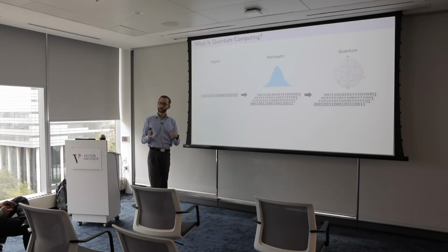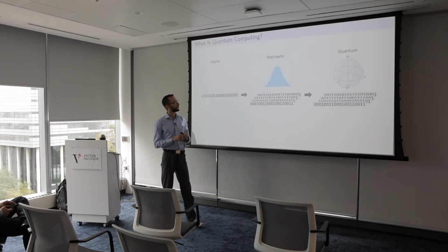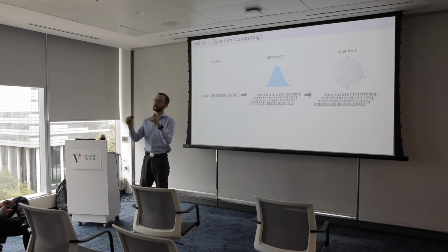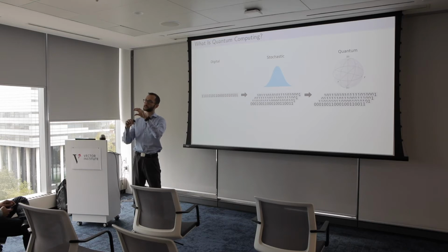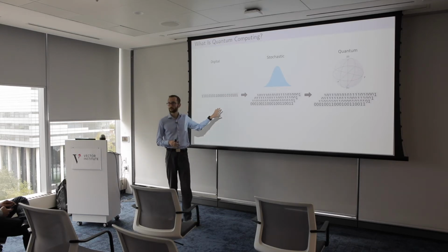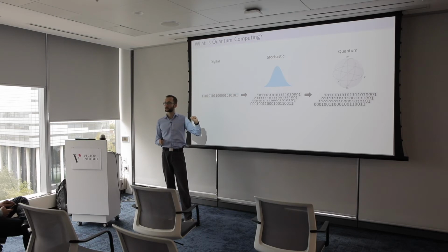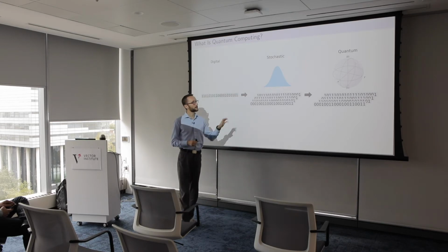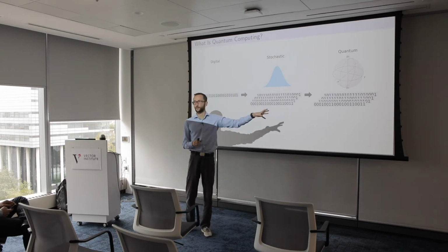And if you start to generalize this, you can end up with stochastic calculations, where instead of bit strings, you operate over probability distributions over these bit strings. There isn't really hardware for this. So if you want to do something like this, then you would have to simulate it with some Monte Carlo sampling on a classical computer. And quantum computers are like a step beyond that.